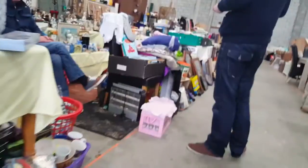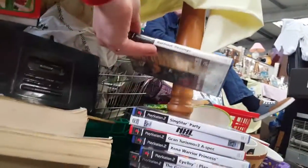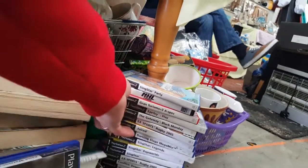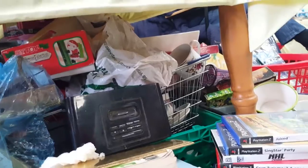Walk away. Goodbye. At another booth, I spotted this pile of PS2 games. There's actually quite a few I don't have, and in fact, there's a few that I left here the last time I was at this booth, like a few weeks back, or maybe a few months. But at the time, I was still adamant that I wouldn't be collecting for the PS2, and look at me now. You know what? It's a great system to collect for, because there's so much available still for it. And bar a few rare and import titles, they're quite cheap. Now is really the time to...